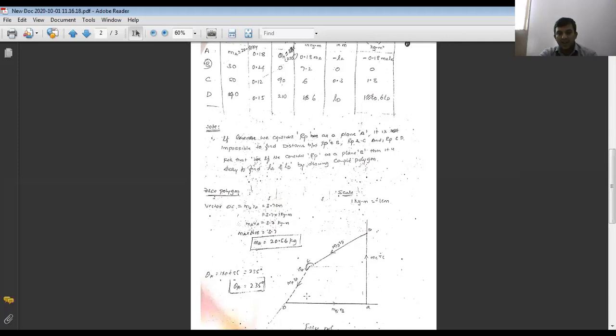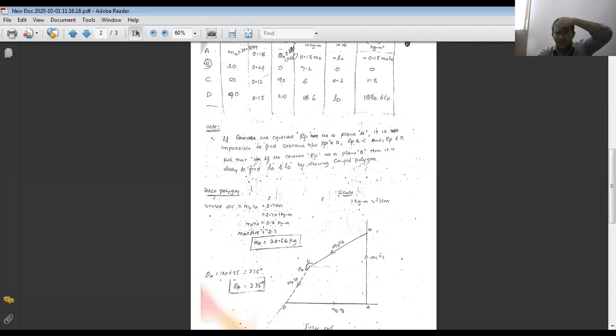That gives the resultant force MA RA, which is unknown here, mass A with 0.18, MA RA. That's the only unknown thing here. From the force polygon, the vector OC or CO is equal to MA RA. Measure it in terms of centimeter, 3.7 centimeter. We have 1:1 scale. 1 centimeter is equal to 1 kg meter.